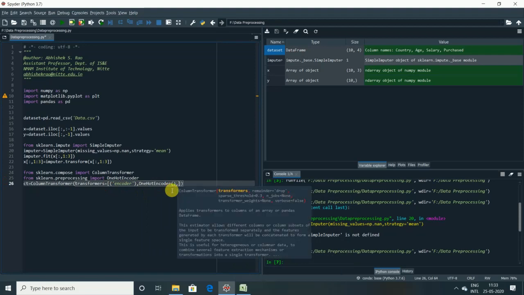And for which column are we going to apply it? The first column, that is 0. Done.